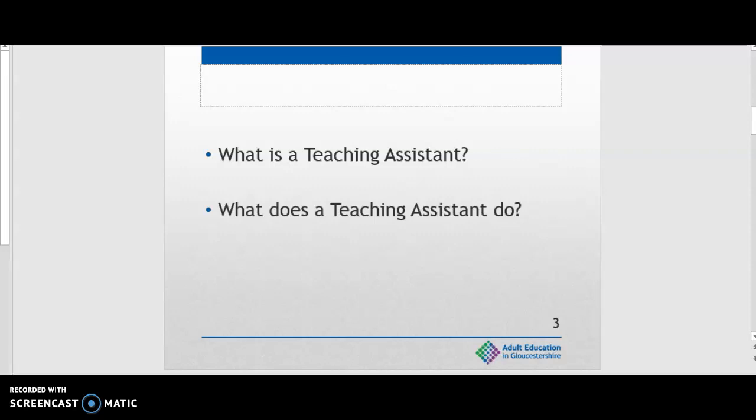Teaching assistants also work with teachers to accurately assess, contributing to a range of assessment processes and using information effectively, so for example, written records. They use specific feedback to help pupils make progress and apply good subject knowledge to support accurate assessment. The use of technology is also important.